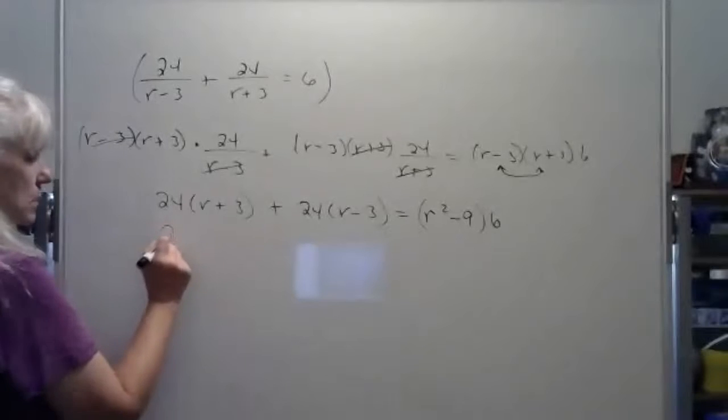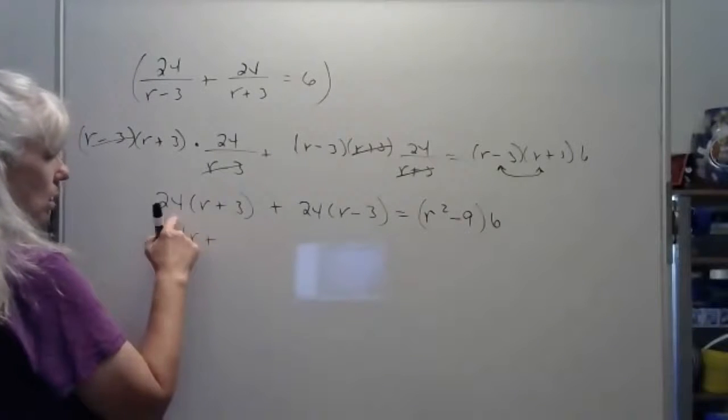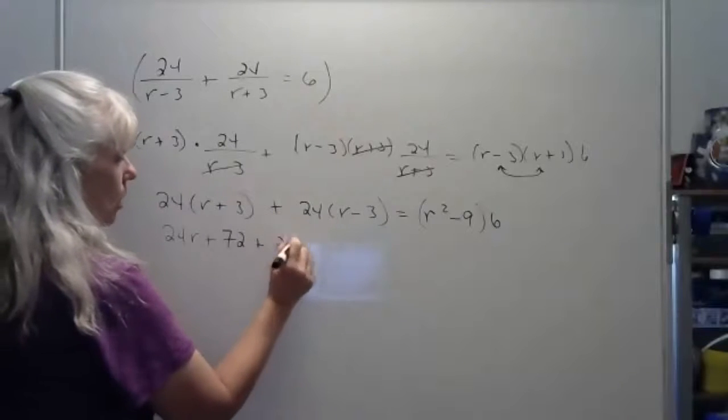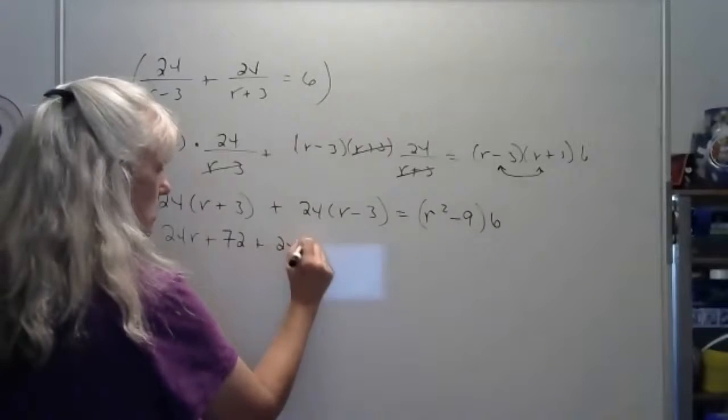So I have the 24 times the R. 24 times 3 is 72. I'll have a 24R. And then,